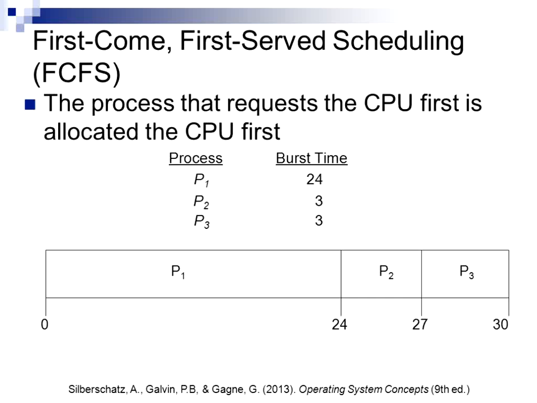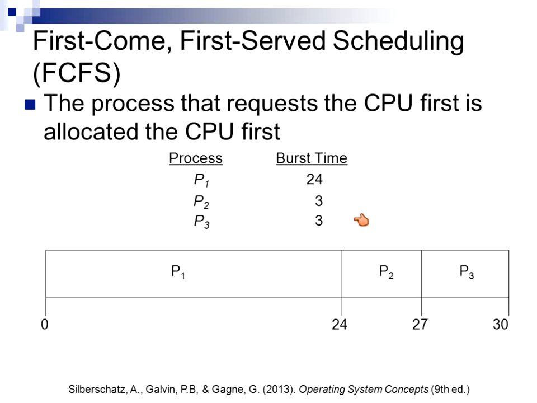Okay, your book talks about first come, first served scheduling. And this is very similar to what you would see if you use a FIFO queue to implement your scheduler. In other words, the first thing that comes into the queue is the first thing that gets allocated the CPU. So if we have three processes, P1, P2, and P3, the CPU burst for each of these is 24, 3,